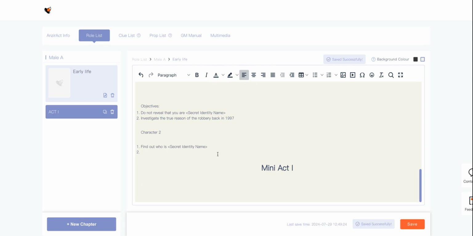Okay, so what does a mini act entail? A mini act helps players to really sit into their role. Because if I'm just telling a story, you'll just be reading and interacting. Having mini acts encourages them to take part in the story itself. So, for example, I could have